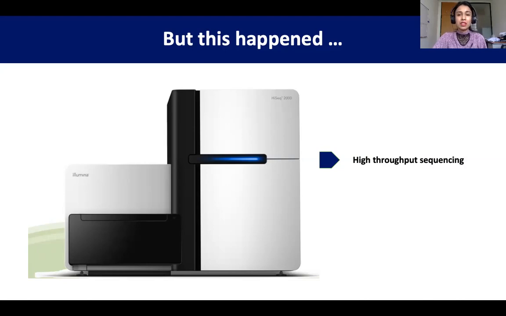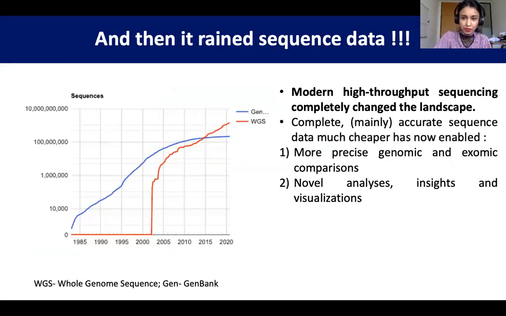Okay, and this basically started giving researchers high throughput sequencing, tons of data, and of course, what we need now is more bioinformaticians to be able to make sense of these data. Right? This is just to show you how much data is available. So once NGS was introduced, it basically rained sequence data. This shows how much data has been generated over the past few years. So you can see up to year 2000. Okay, the one in red is WGS, which is whole genome sequence. From the year 2000,